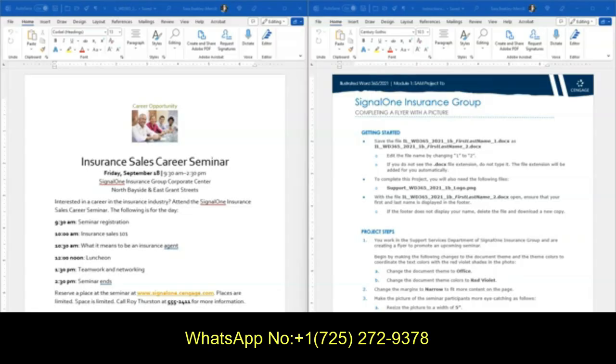All right, so I have the starter file open and I have the instruction file open on the right, and I've already resaved my file with a 2 at the end. So I've already completed these steps over here where it says getting started. Something I like to do when I work on these assignments is I actually have both files open at the same time, and I have the windows snapped side by side. So if you have a large enough monitor to do this, it's really, really nice. Whenever I complete a step inside the instruction file, what I like to do is I actually like to highlight it with a color, or I can